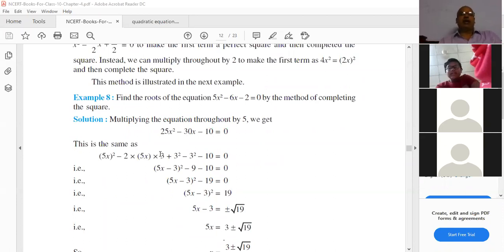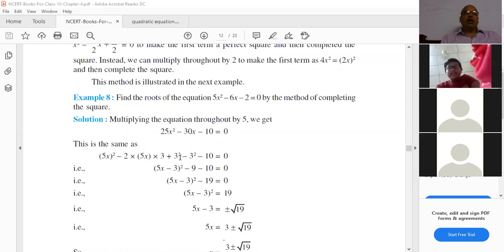No need to do anything extra. Already 3 is sufficient. Always you don't need to get a fraction, sometimes you will not get a fraction. Here you see 30x means already 10x is there. What number is remaining? 3 only is left. So my B value is 3 only. Sometimes you don't need to get a fraction. Understand here? 25x square means 5x whole square minus 2 into a, 5x into 2, 5 2s are 10x. 30x means 10 3s are 30, into b.